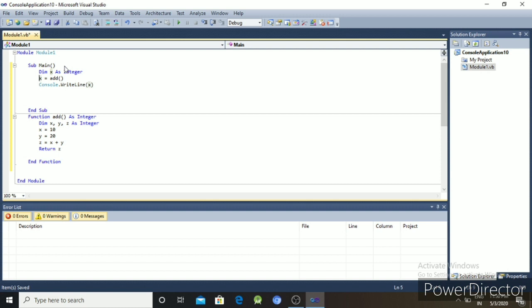Okay, we have to find the output of the sum of x and y.